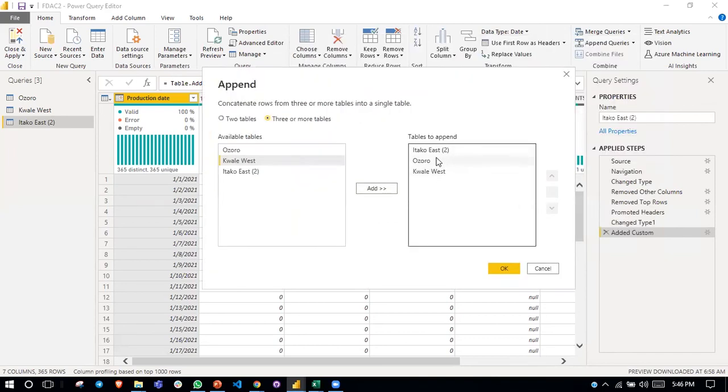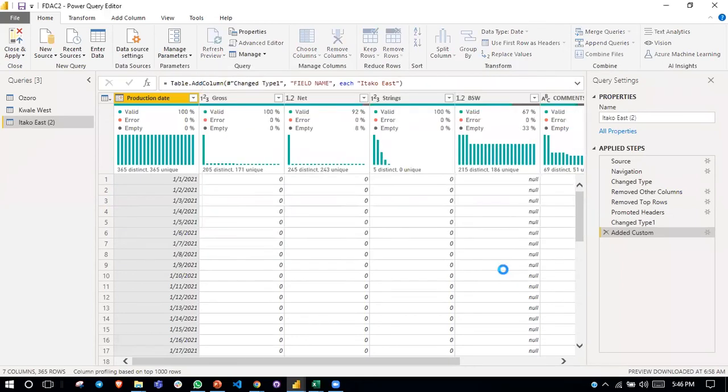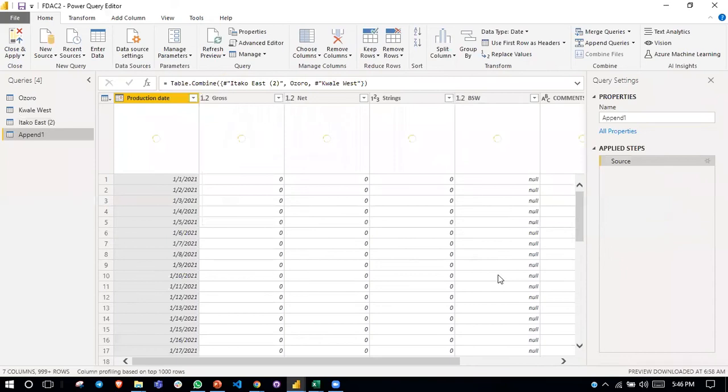So we have this order. Basically, appending simply means we are joining tail to tail. So you have the whole of Itaku East, then you bring up Ozoro and join it beneath it. You bring up Quali West and join it beneath it. That's basically what the appending does. So by the time I click on OK, we'll have a new query called